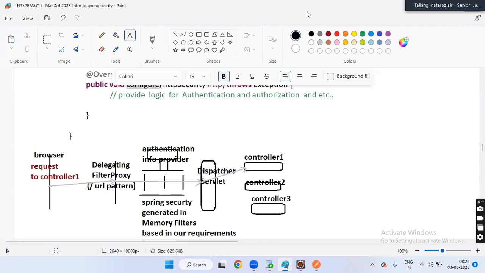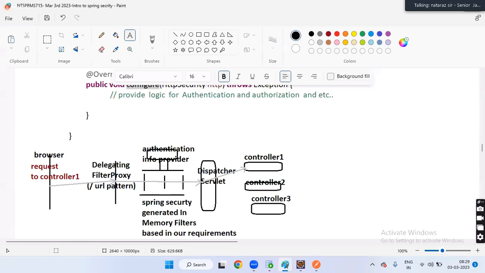Srikanth, the delegating filter proxy is a filter now, boss.